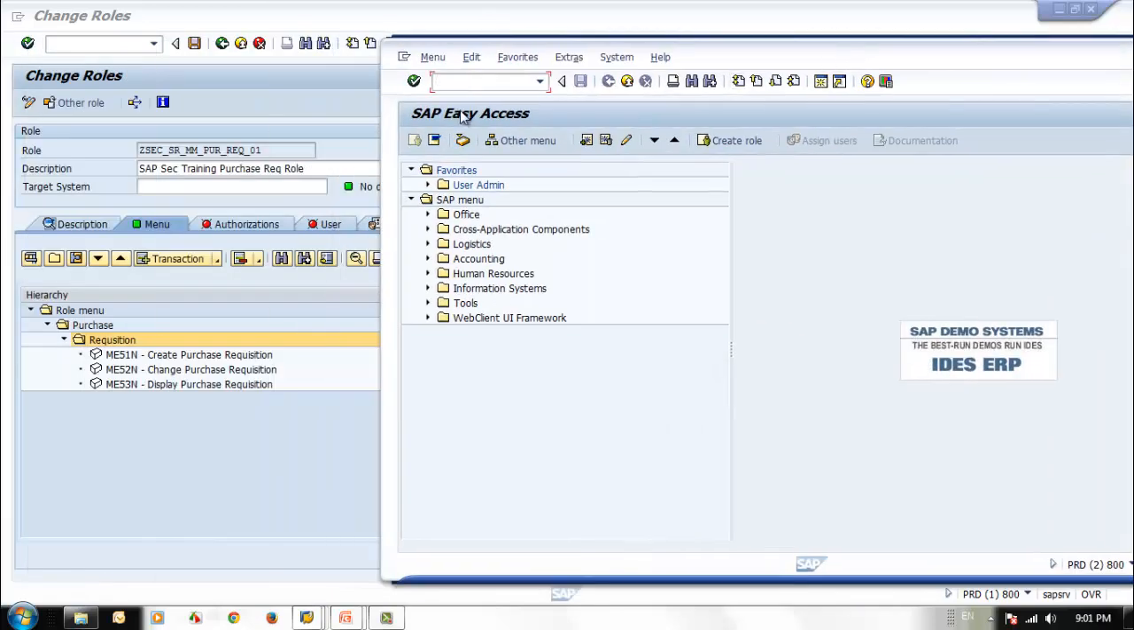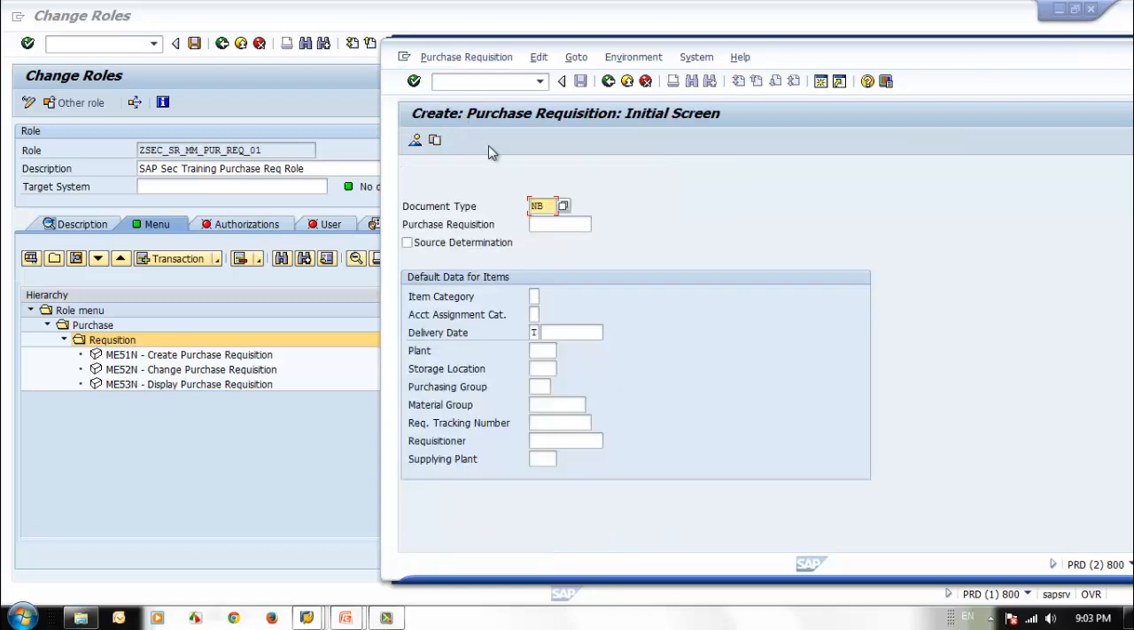Let's say if you go here, type ME51. Okay, this brings you to the create purchase requisition screen. This is the old menu. Now if you type ME51N,